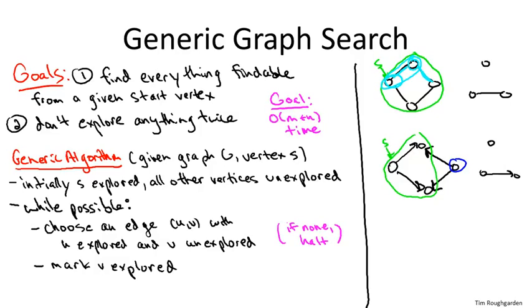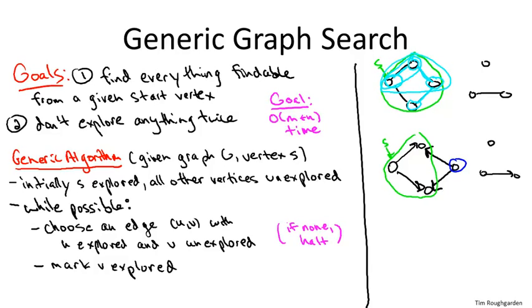Now the rightmost vertex of these four is explored, so our conquered territory is the top three vertices. And now again we have two edges crossing the frontier, the two edges that are incident to the bottom node. We pick one of them, not clear which one, maybe this one. And now the bottom node is also explored, and now there are no edges crossing the frontier. So there are no edges who on the one hand have one endpoint being explored and the other endpoint being unexplored. So these will be the four vertices, as one would hope, that the search will explore starting from S.